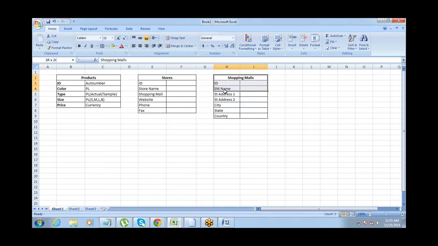Now, because I am using a field called shopping mall here, and I have a complete table called shopping mall here, this has to be the relationship field. Got that? So this will be a relationship field which connects this field with this object. Got it?